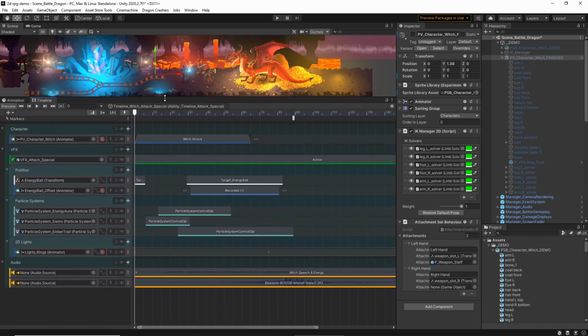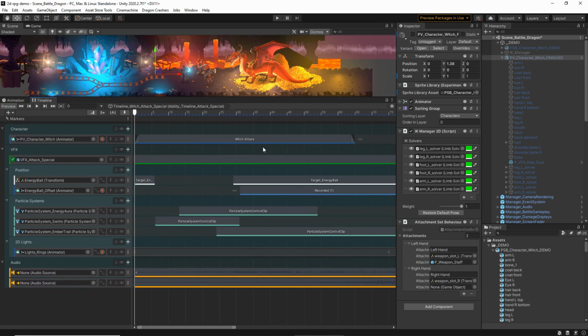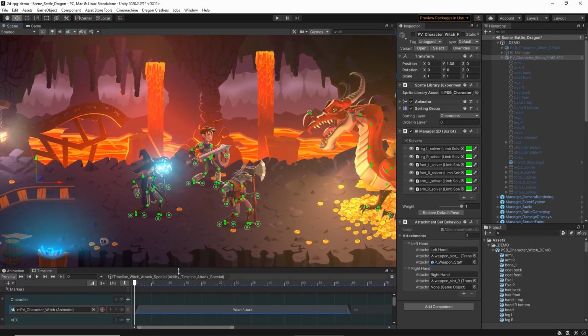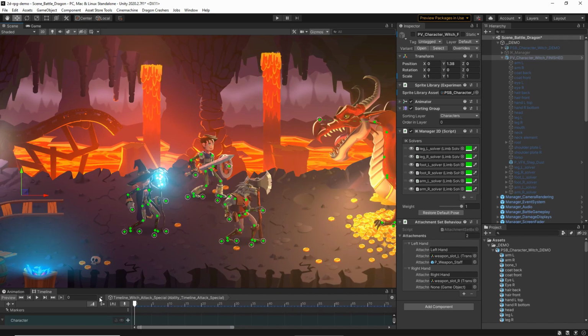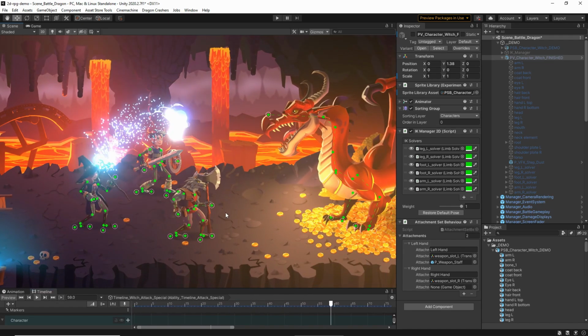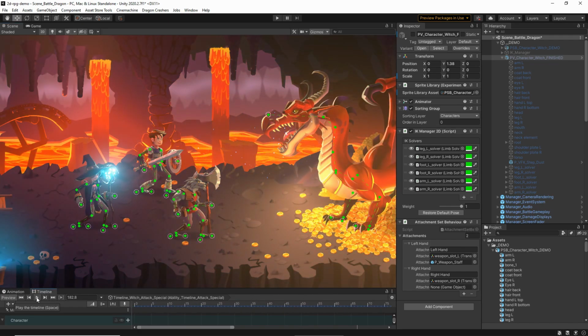But what you'll notice on the timeline is there's lots of different tracks and lots of different elements for different parts of this ability. So this witch attack clip at the top was that witch animation where she holds her staff in the air. That's just that clip there. Whereas we have lots of other clips for VFX, for particles, for audio, even 2D lights and things like this. So now if I play this clip, she creates this big ripple, this energy ball, and then